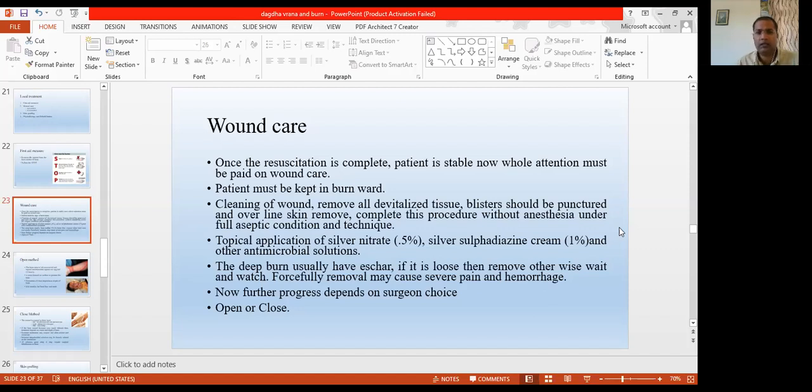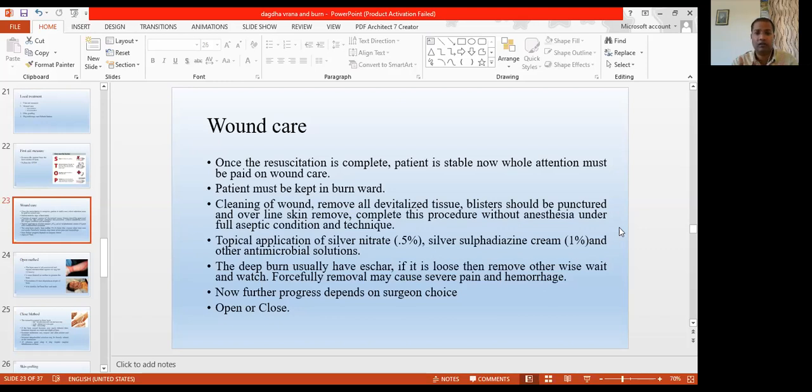Once the scar is formed, the crust is formed. Crust, you know, is what forms when the blisters get dried up. It's hard keratinizing tissue which protects the underlying tissue from the outside environment. But later on the crust cracks, and in between the cracks there is open space, so pathogens can get in, and even after keeping your patient in the burn ward, the patient may get an infection within the cracks. So in that case, the scar is formed.